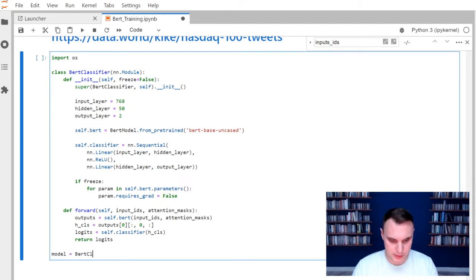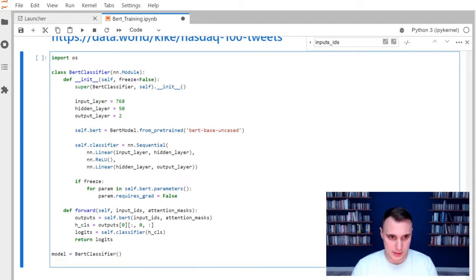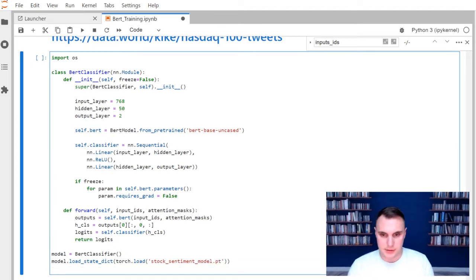equals BERT classifier model dot load state dict. So we're going to do a torch dot load. And we're going to load whatever you named your model. So I named it stock sentiment model.pt. The last thing we need to do is we need to figure out if you are using GPU